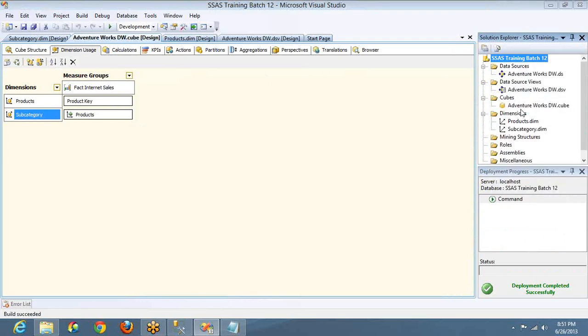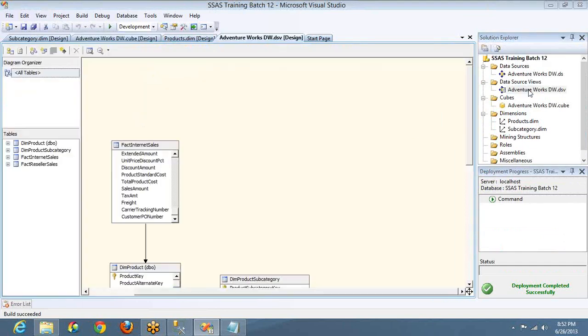So build means it will go and check for syntax errors. If there is any error, it will throw an error here. Else it will show build succeeded. Can you see on the bottom where my cursor is? So the build has succeeded. That means there are no syntax errors. What is meant by syntax error?